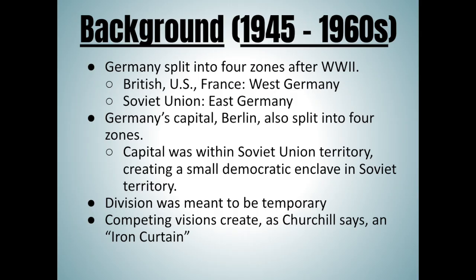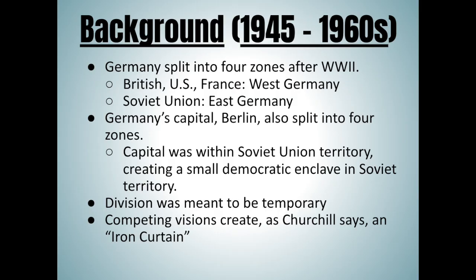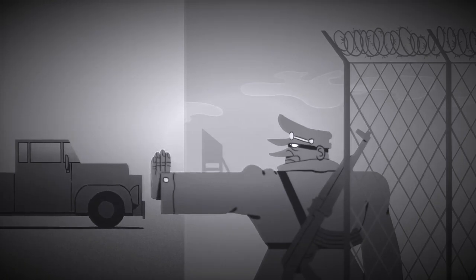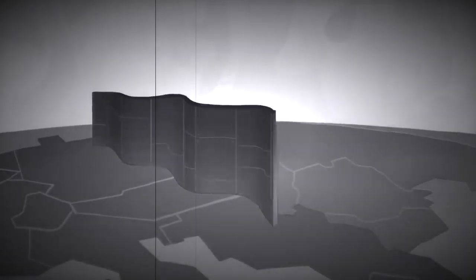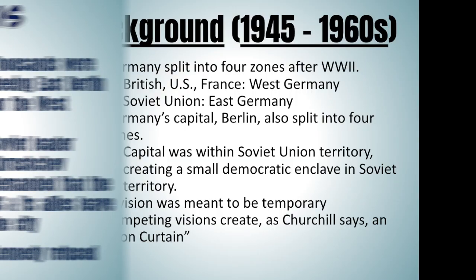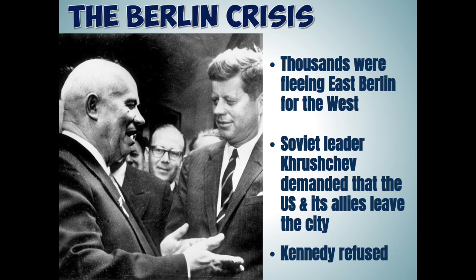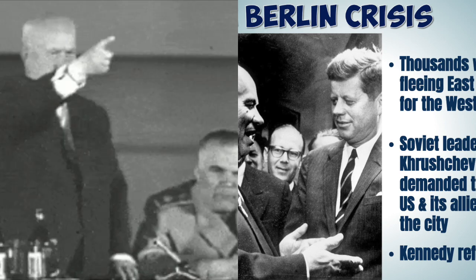As the relations deteriorated, though, the Soviet satellite states restricted Western trade and movement, and made especially clear through the Berlin blockade and the Berlin airlift that there was going to be a sort of wall between the communist and capitalist countries. And this sort of impassable border between the East and the West, as I'm sure you remember, is called the Iron Curtain. At the start of Kennedy's presidency in 1960, the new Soviet leader Nikita Khrushchev, who took over after Joseph Stalin, faced a major crisis.